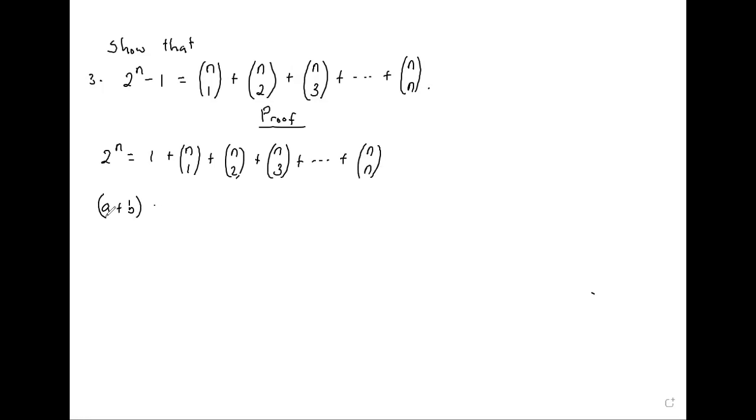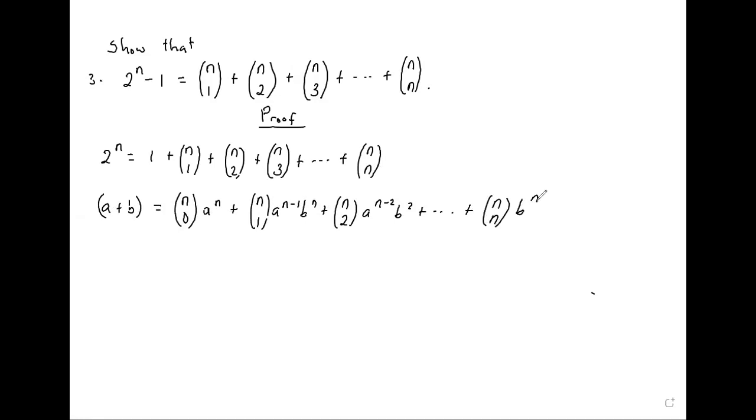And the binomial theorem is of this nature: n choose 0, a^n, n choose 1, a^(n-1) b, n choose 2, a^(n-2) b^2, n choose n, b^n. So if b is not appearing in what you are given here,